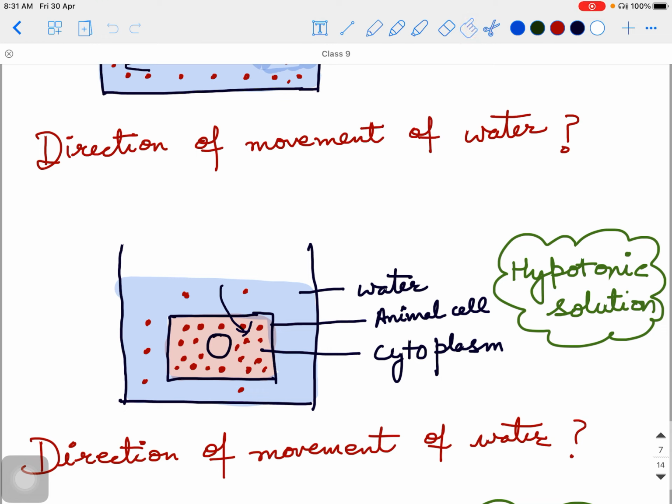Right? So that shows the diffusion, and here because the diffusion is taking place across a semi-permeable membrane or selectively permeable membrane, such diffusion is called osmosis. Movement of water from its higher concentration to its lower concentration across a selectively permeable membrane is called osmosis. So whatever we are discussing, it is because of osmosis. It is because of movement of water inside the cell or outside the cell.